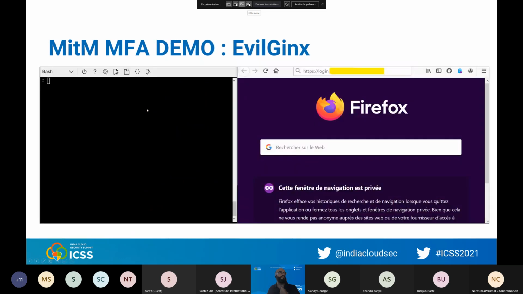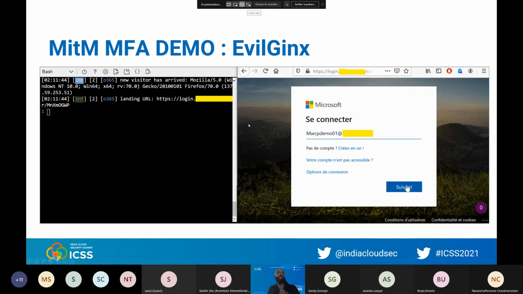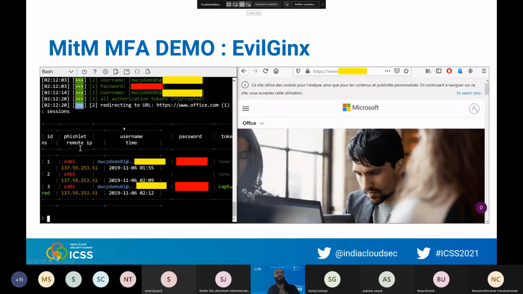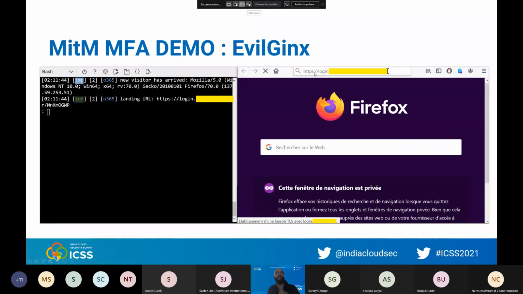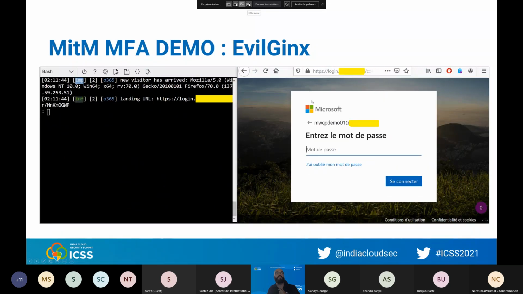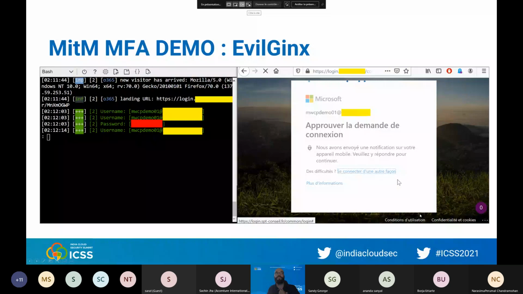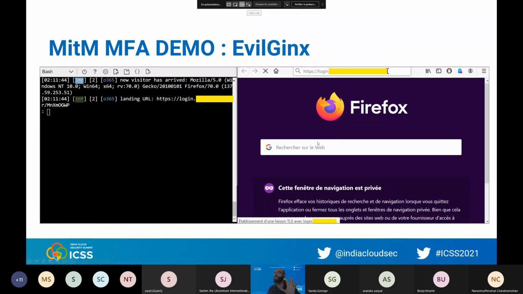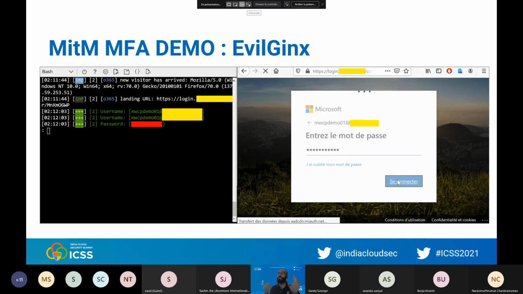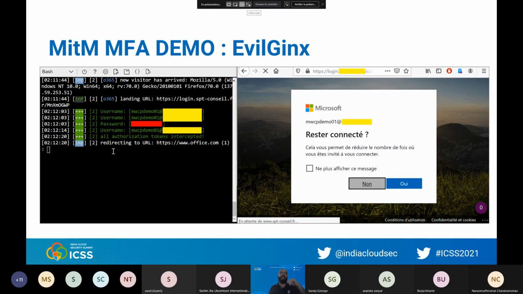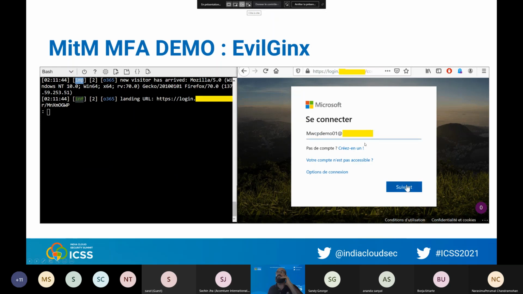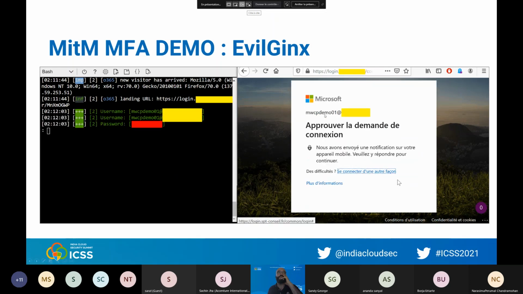As an end user, you see this is the experience of the user. They are typing the code, and this is on the left what the pirate will see. Okay, they try to log in. This is not the real Office 365 page, but it really looks like it. In fact, it's a man in the middle attack. They will receive all the information, and they will just copy the HTML flow to the end user.